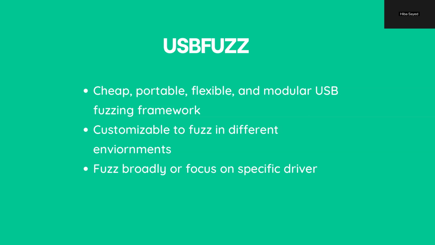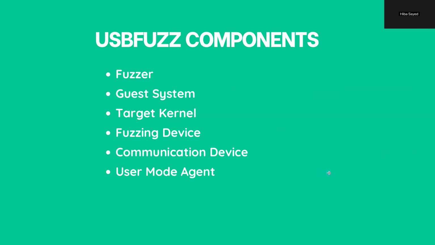And we can go through next what the different components are of USBFuzz that make it so unique. And so USBFuzz is made up of these 6 different components. It's made up of a fuzzer, a guest system, a target kernel, a fuzzing device, a communication device, as well as a user mode agent. So the fuzzer is the core